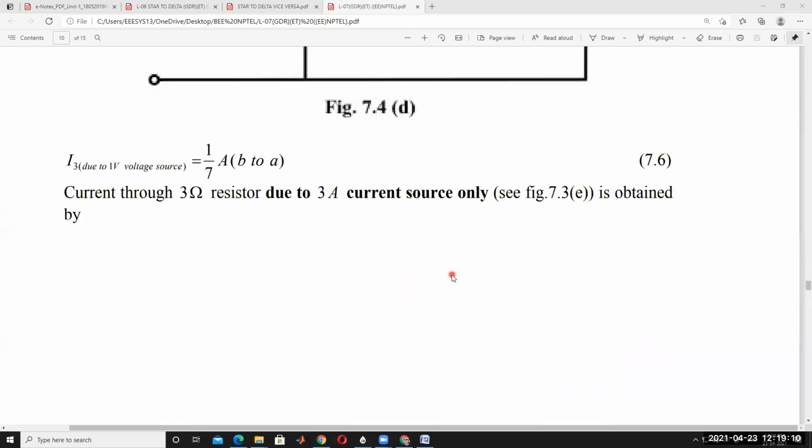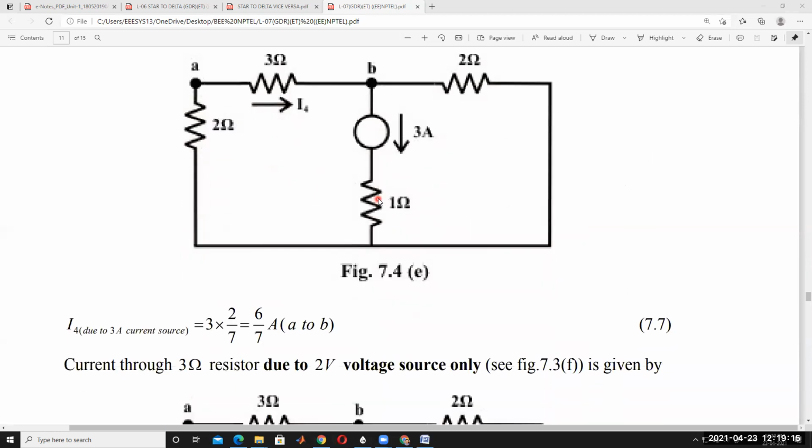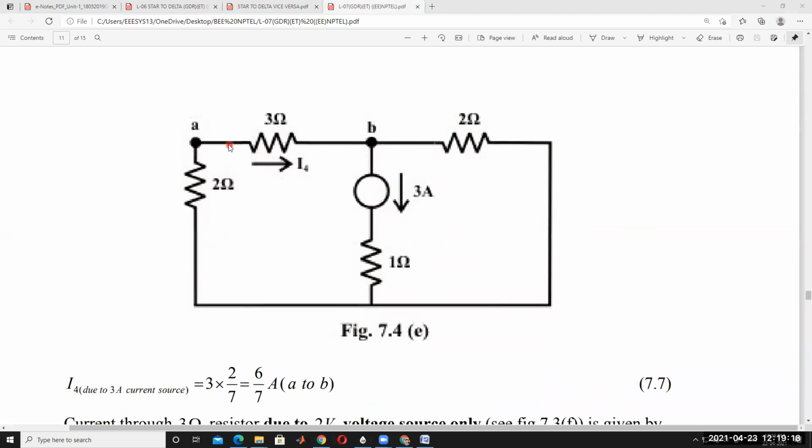Activate this one source only. So here current flowing through this, you are finding A to B now. So only current flowing through the 3 ohm resistor. Okay. So the current 3 amps in the downwards direction. Okay. And some is dividing in this direction and also in this direction. Understood? The source current is coming in the downwards direction, and some amount of current is passing in this direction.